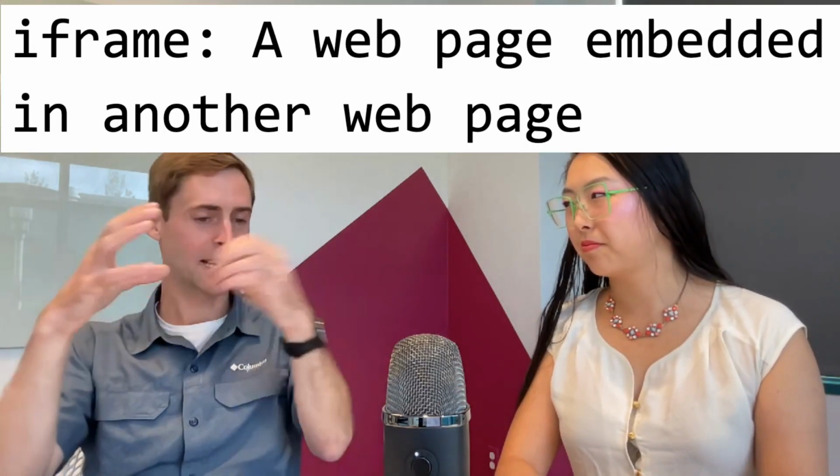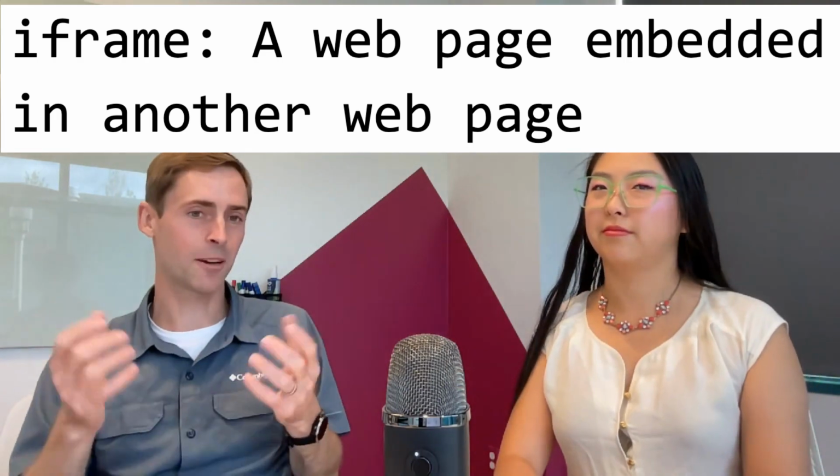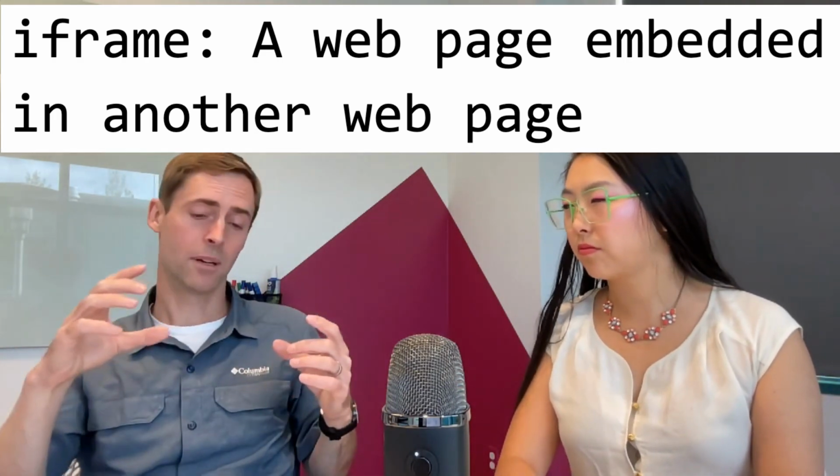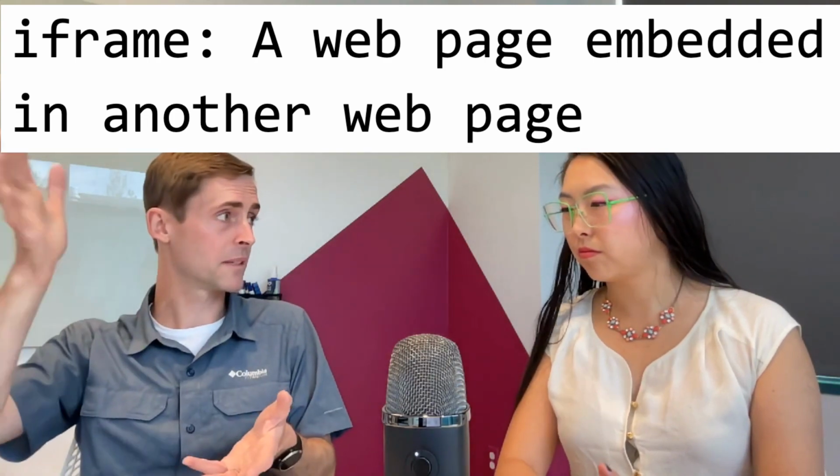But the big one that made this such a large change to the browser was making cross-site iframes run in a different process. Okay. What is an iframe? So an iframe is basically a web page embedded inside of another web page. So you can think about this as like an ad or a YouTube video. It might be from a different origin from the top level page that you're viewing, but it's another web page embedded inside it. And so that has a different security context that it's running in.